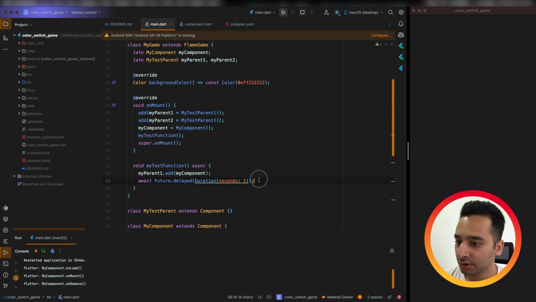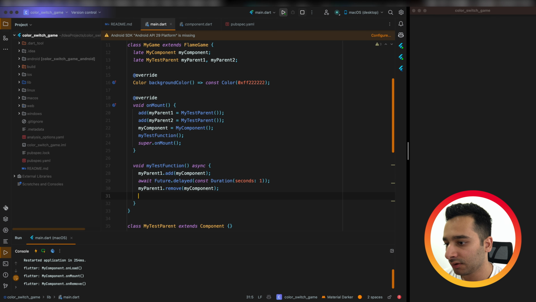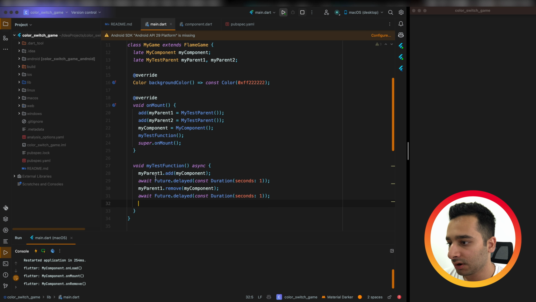and we are going to remove it from parent1, and again after 1 second we are going to add it to the second parent, and again we are going to wait 1 second, sorry, and remove.